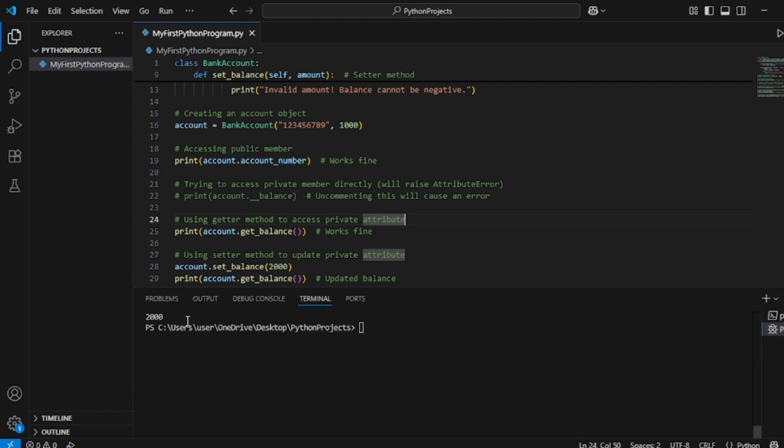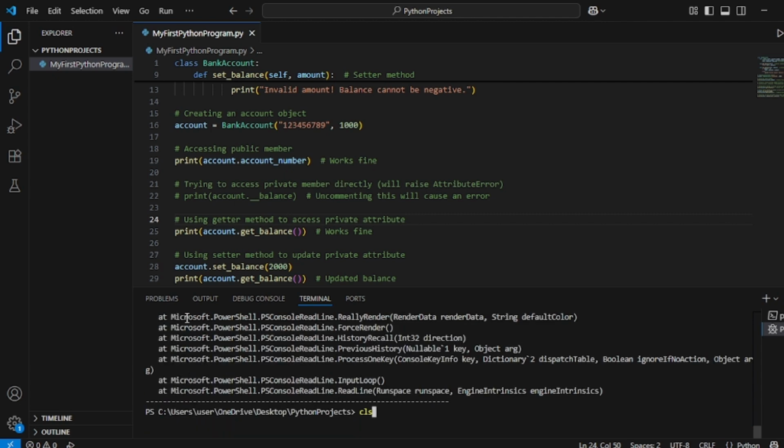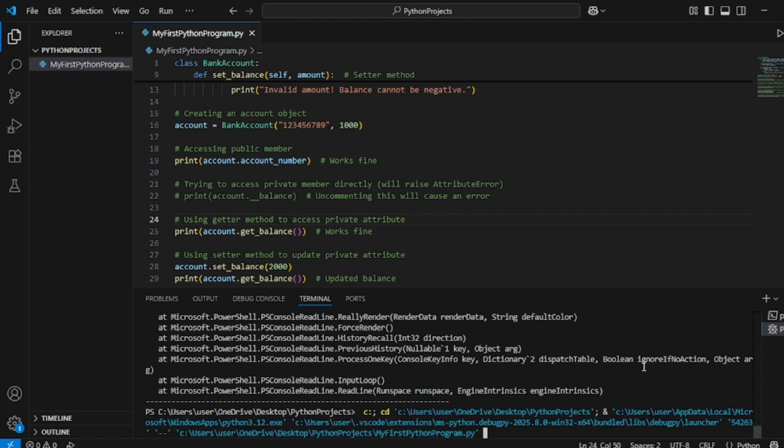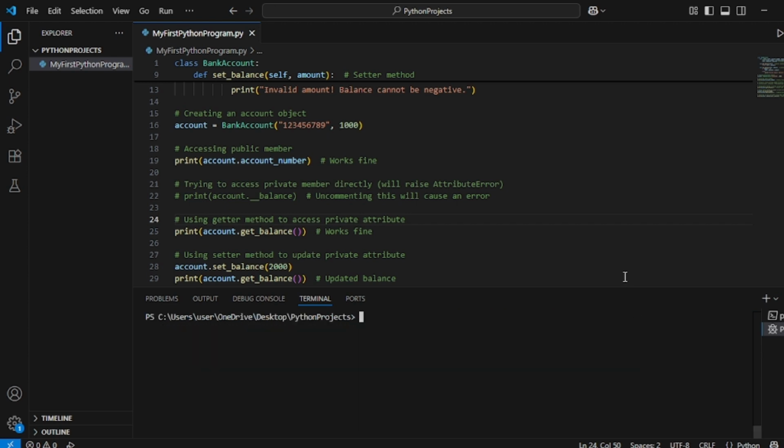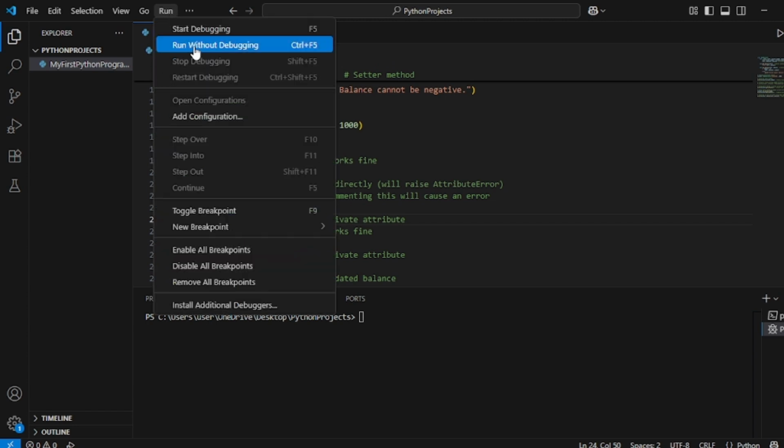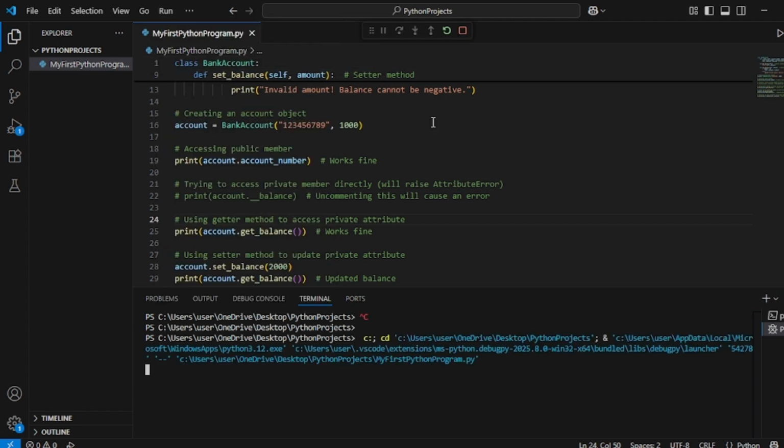So here you can see the output we have printed. There is some error also. Let's try to clear this first. Now let me run the program. So here you can see